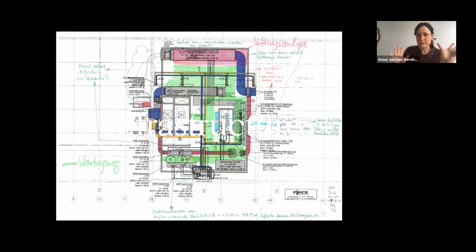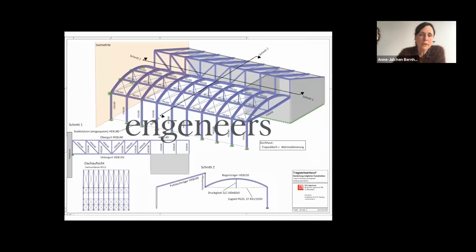And then there is the infrastructure in air, basically air for the public spaces, which is quite excessive. And then there were, in a way, not that intelligent engineers with very thick constructions for these kind of things.